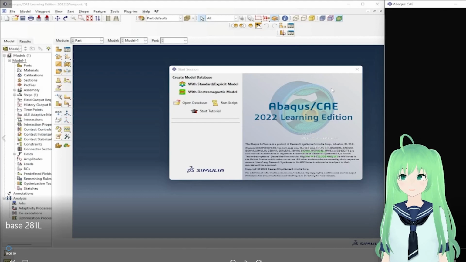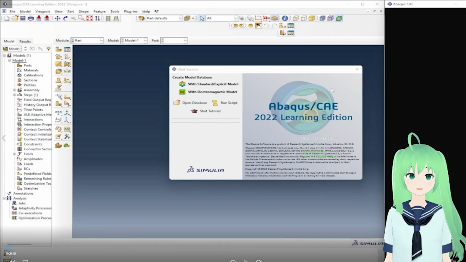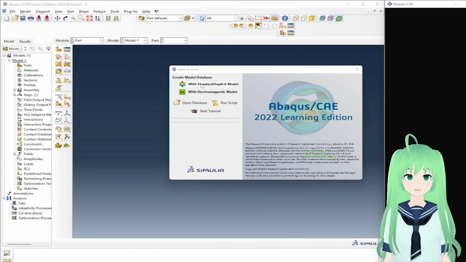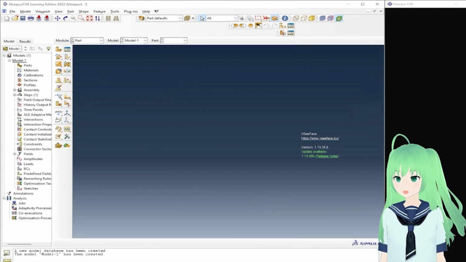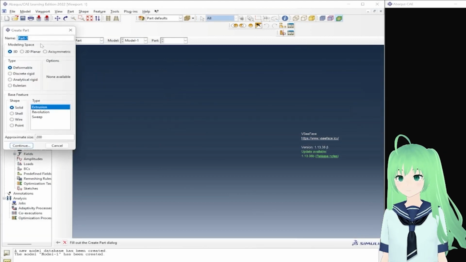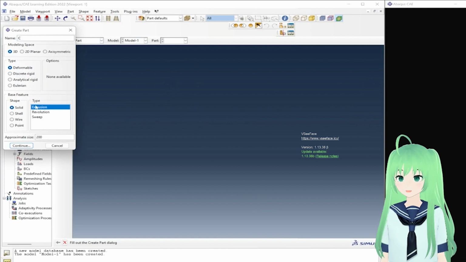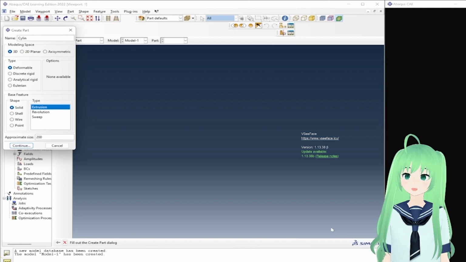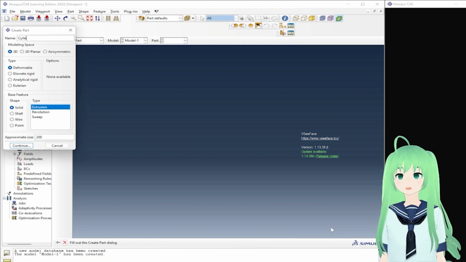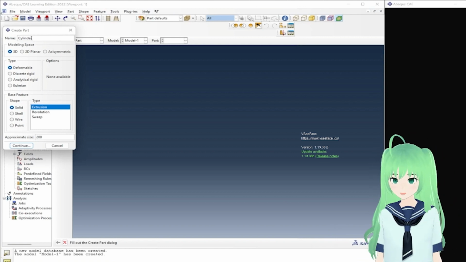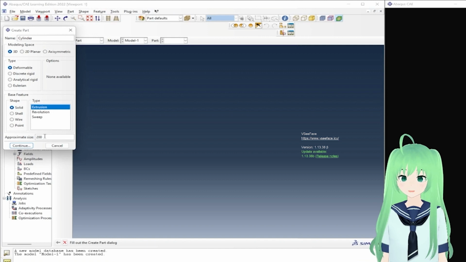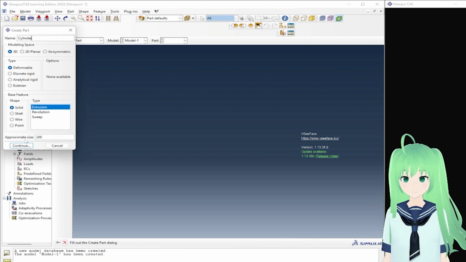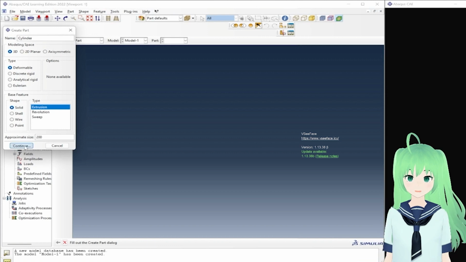So once you've installed Abaqus, open it up, select the with standard / explicit model option, and we'll get started with the modeling. So the first thing you do is right-click part, hit create, and call your part cylinder, which takes me a little bit to spell. But once you've named your part cylinder, everything else can be left as default, and just press continue, which will pull up the next screen,